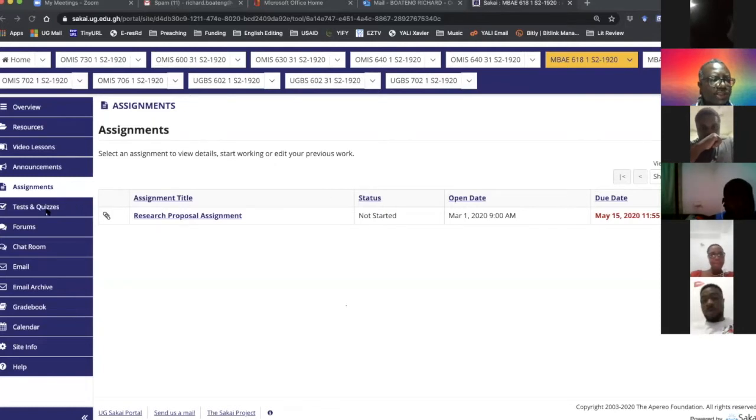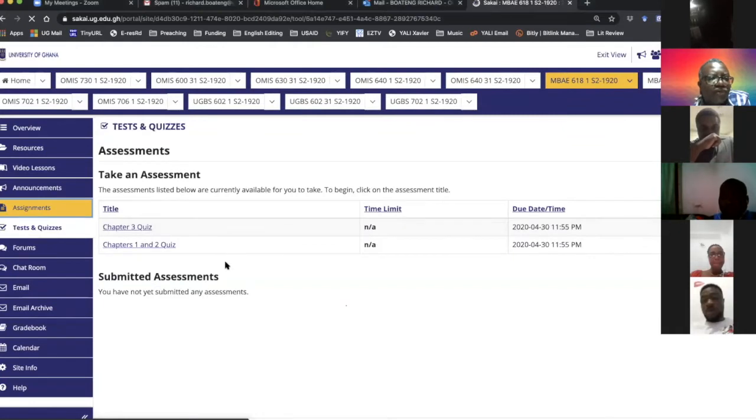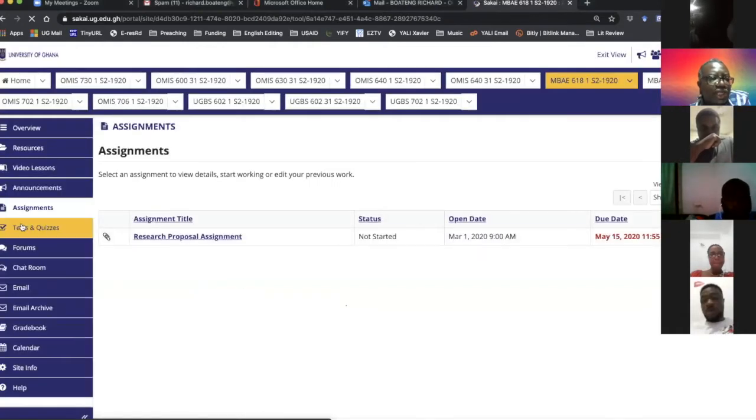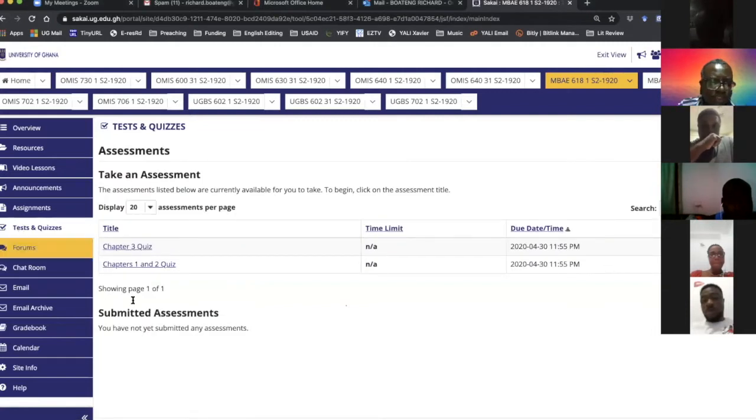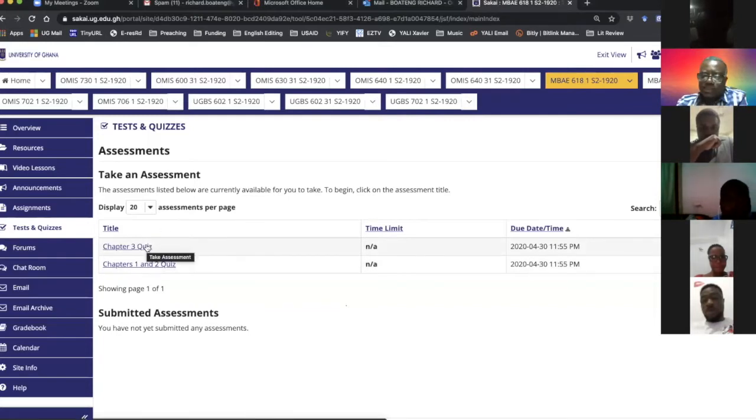And then you go to the tests and quizzes. You also have some quizzes that have been given to you to help you revise and check whether you understand all the things I'm teaching you as I teach you chapter by chapter. So for chapter 1, or session 1 and session 2, there's a quiz for it. Session 3, there's a quiz for it. So there'll be other questions as they come up and as I teach you.